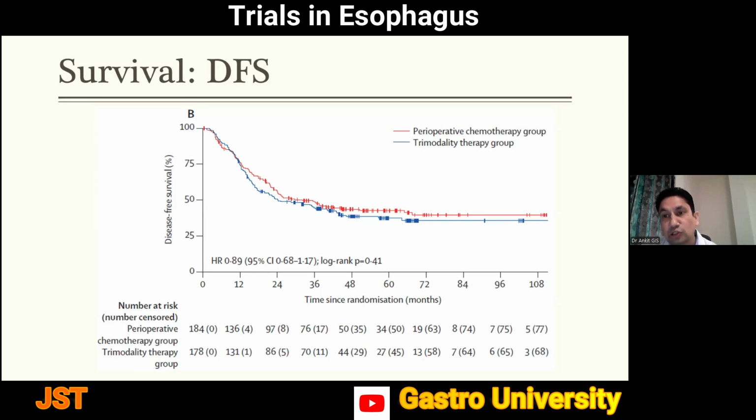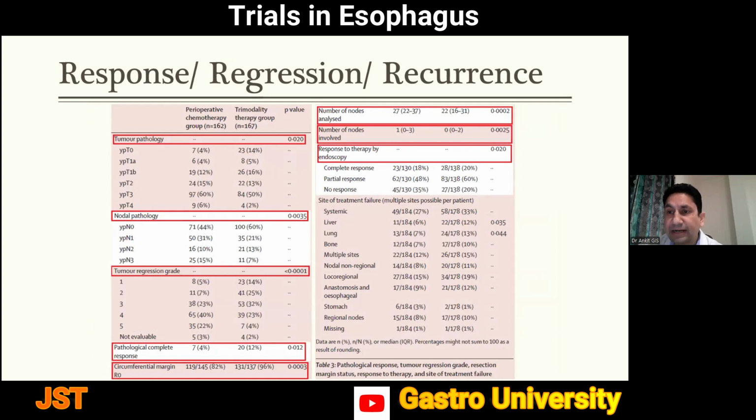However, this was also not statistically significant, with the p-value being 0.41. Coming to further wider analysis of both the groups, they analyzed response, regression, and recurrence, and they realized that, now this is a striking feature of this trial, the results of which I'll be communicating after this slide. They realized that trimodality performed overall better, with a statistically significant difference in the